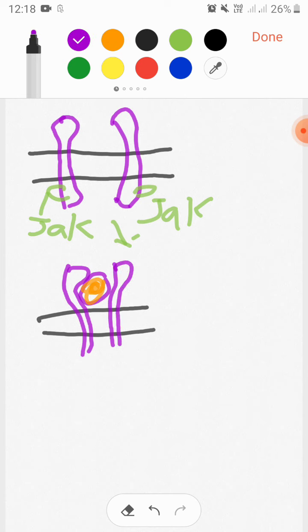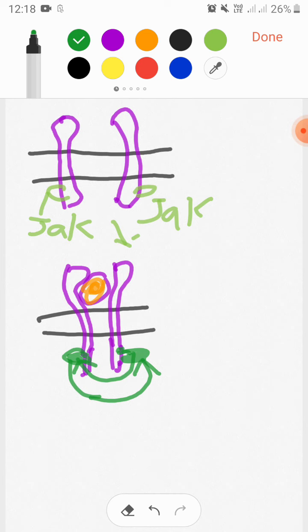The receptors come close to each other, so that their Janus kinases can phosphorylate each other. This can phosphorylate and this can phosphorylate each other on their tyrosine residue, giving the phosphorylated form of Janus kinase. Now after that, what will happen is that,